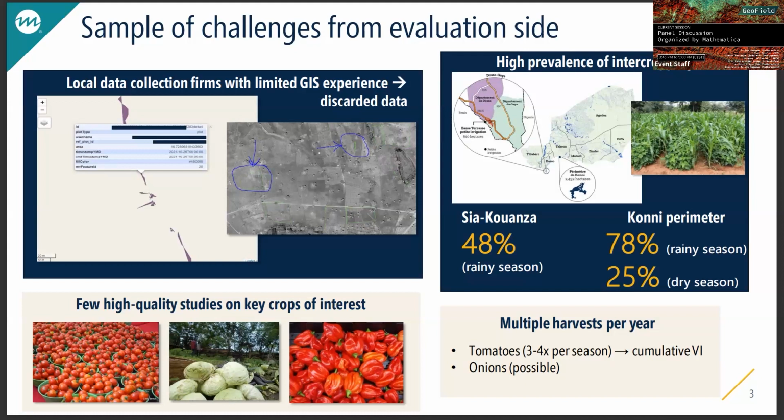The first one is that we are working with local data collection firms who often have limited GIS experience. So you can do your best in writing very explicit, comprehensive specifications. You can conduct back checks. You can have quality assurance measures in place, but that doesn't guarantee that all the data that gets collected is actually usable. So sometimes you'll get shape files back with polygons that are extremely long lines, really morphed, bubbly figures,